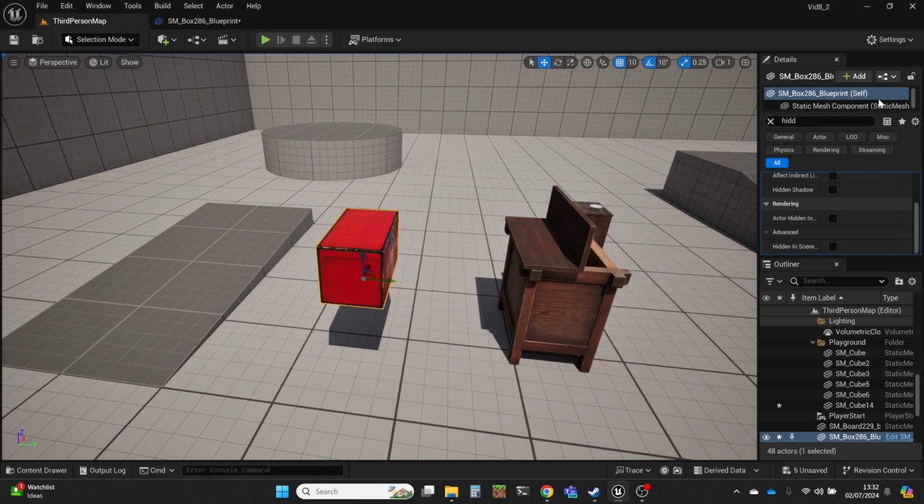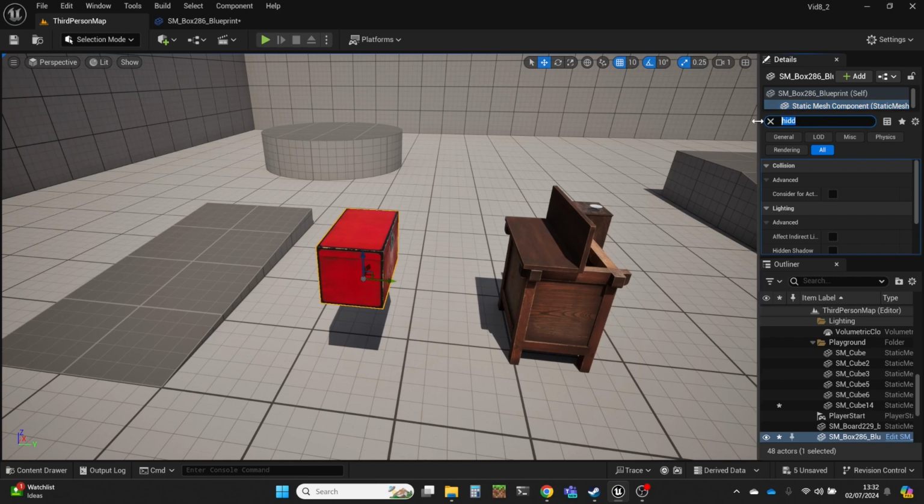And then on the static mesh component here, I have done a few things. Where's the physics? I've simulated physics, but I've also disabled gravity and made it so that it's movable in its mobility.